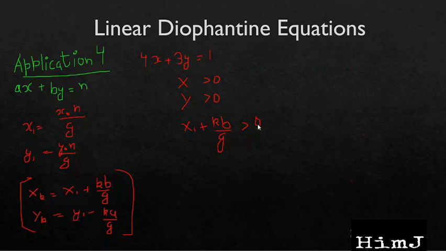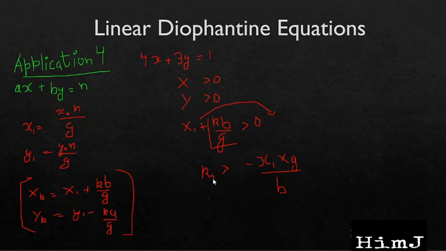This value should be greater than 0. Now we can simply calculate for k. We can take this to the right hand side. It will become minus x1. We have taken this here, so only this thing remains, and now g is always positive. So we can multiply both sides by g, and similarly b will always be positive. We can divide by b here, and this inequality sign will remain same because b and g both are positive integers. Similarly, we need y to be greater than 0.